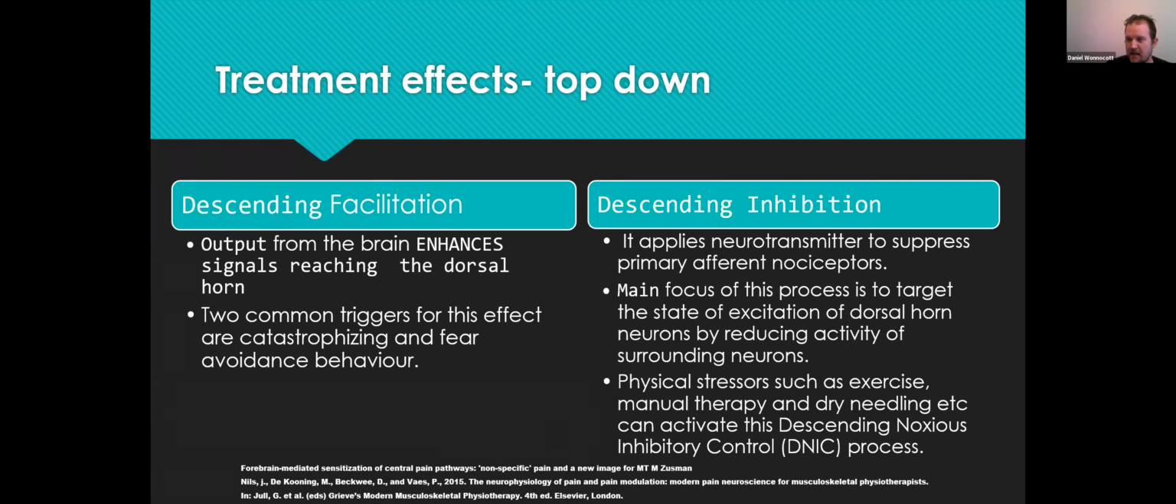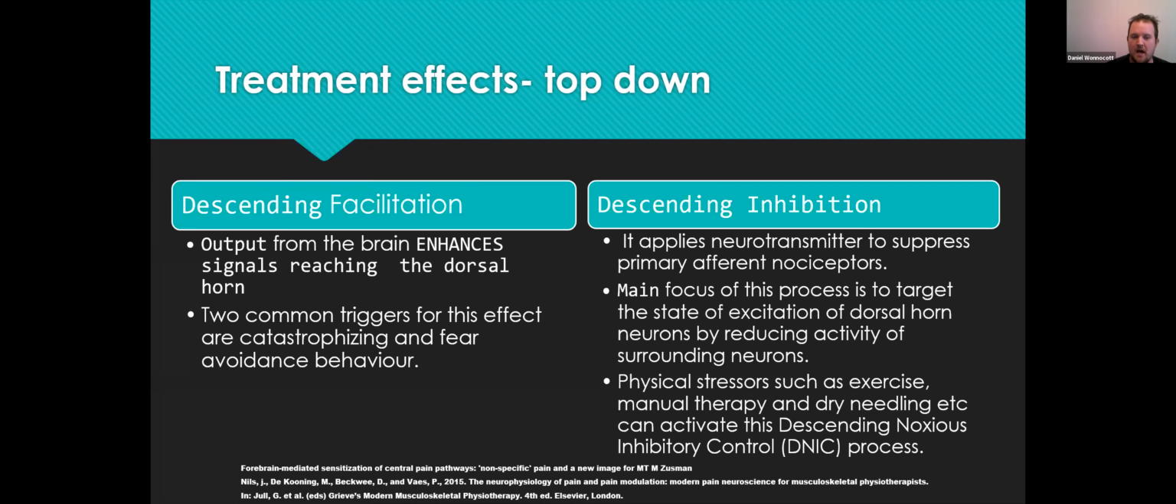So some of our techniques, or most of them, have their effects through this mechanism. Physical stresses such as exercise, manual therapy, dry needling, pick your poison, can actually activate this mechanism. Most people just call it DNIC. And the gentle art is balancing out eliciting that response, where you're getting the brain on board with calming